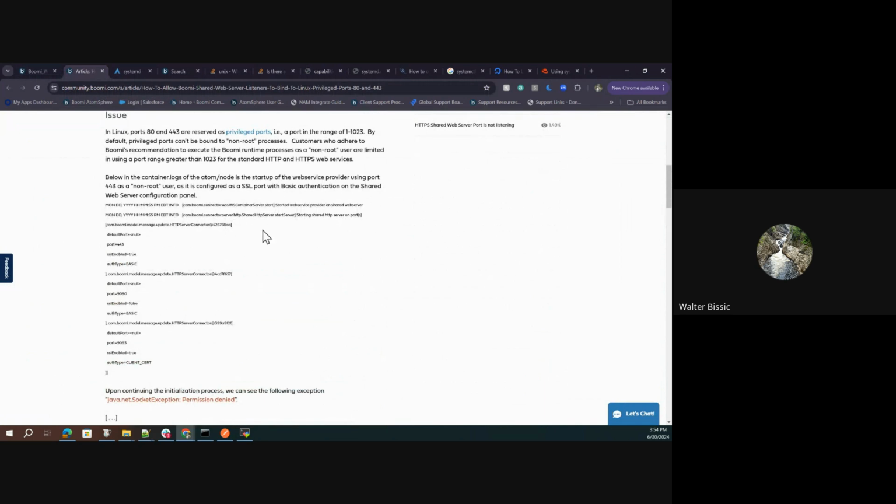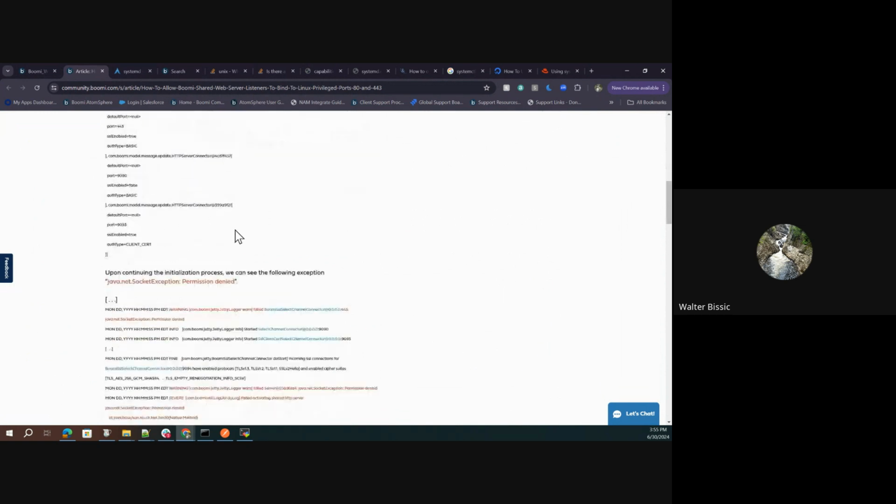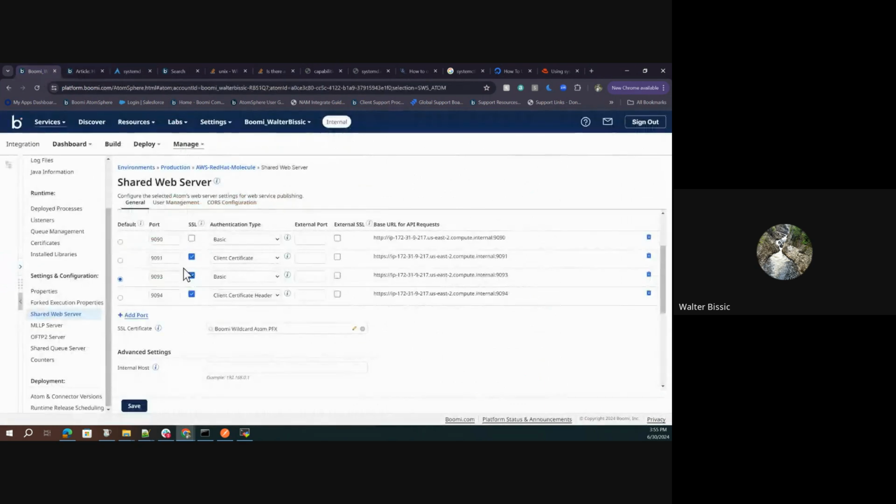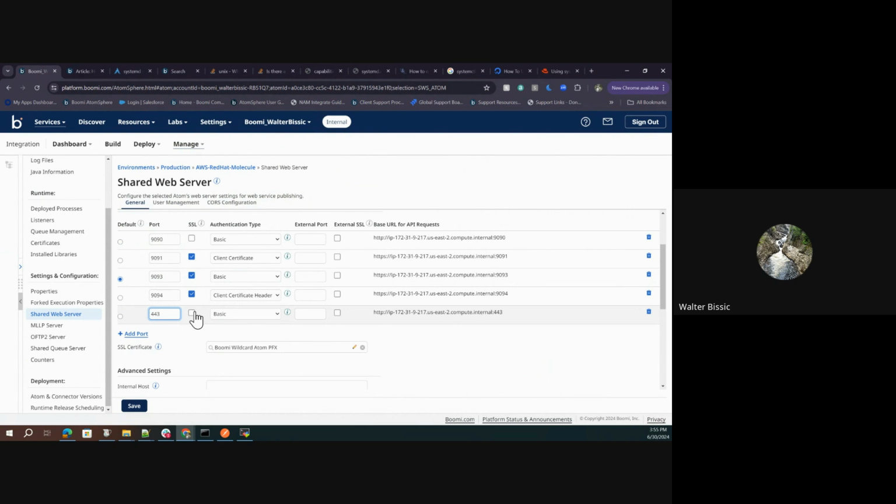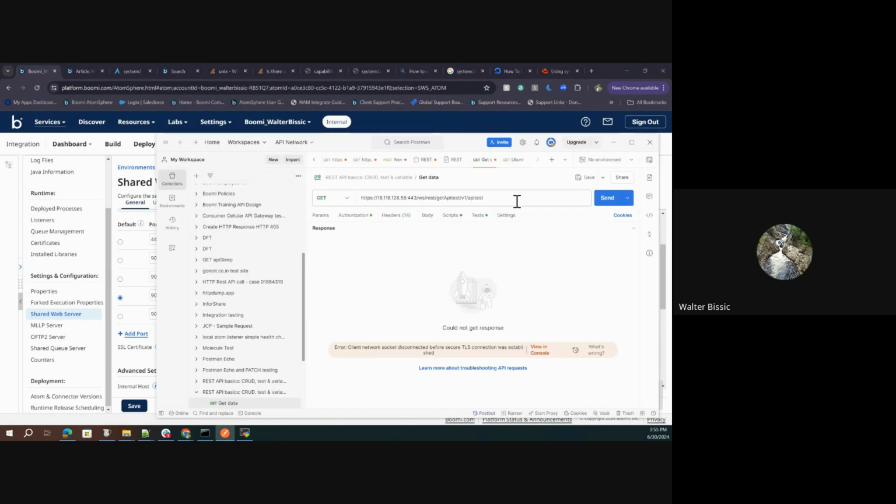If we look at our container logs, we'll see information about the ports being enabled, etc. But we can demonstrate very quickly that when we add port 443 to our runtime, it'll restart the plugin. And then if we use Postman, we will see that that port is unavailable. Also, I think I went out of order here, but we'll see that 9093, which used to work, is also